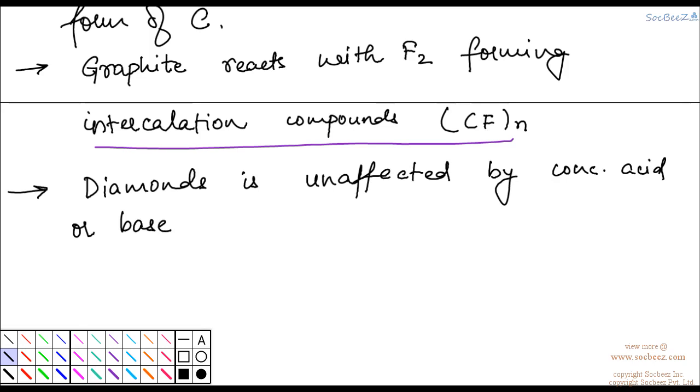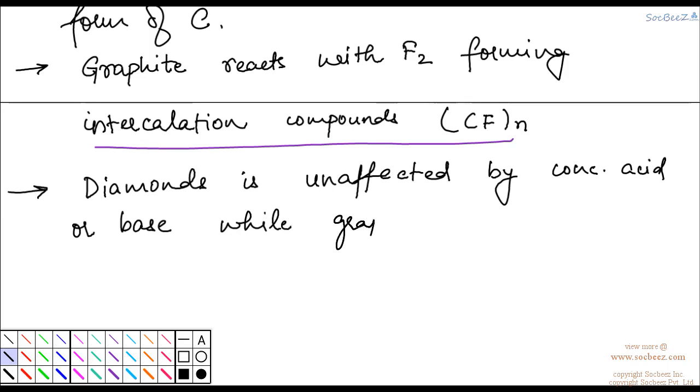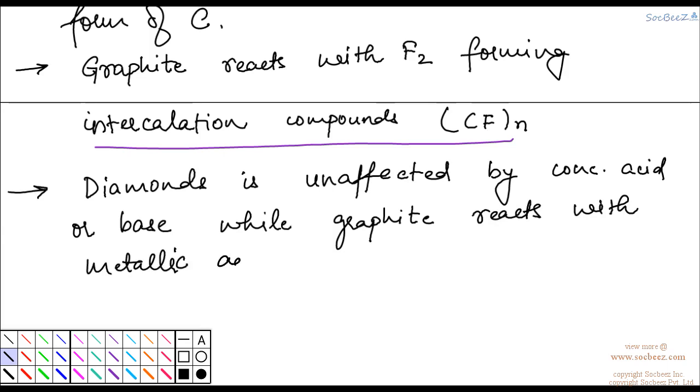Diamond remains unaffected when you try to react it with concentrated acid or base, while graphite reacts with concentrated acids to form